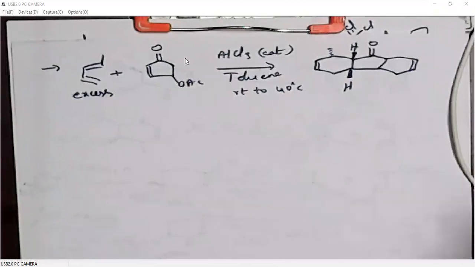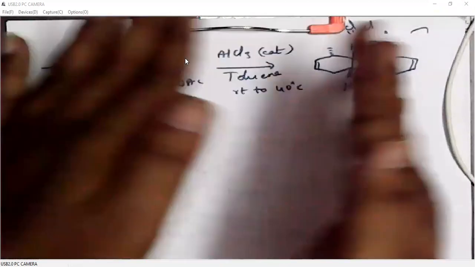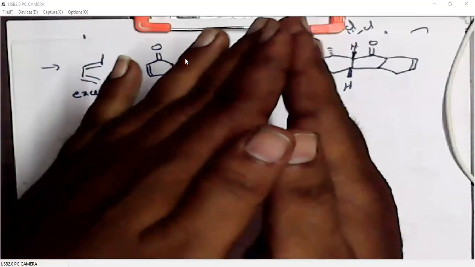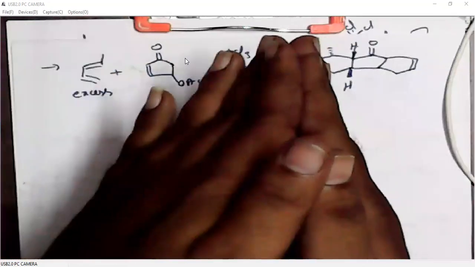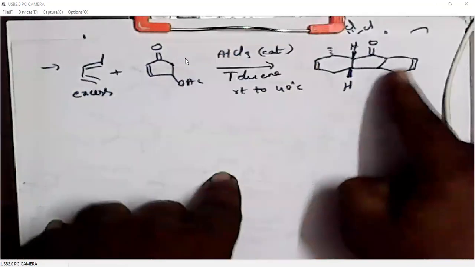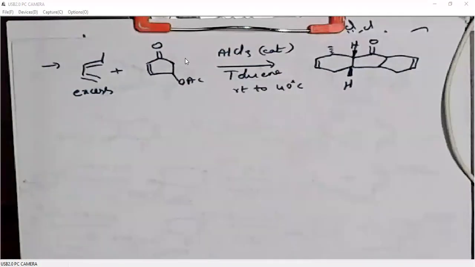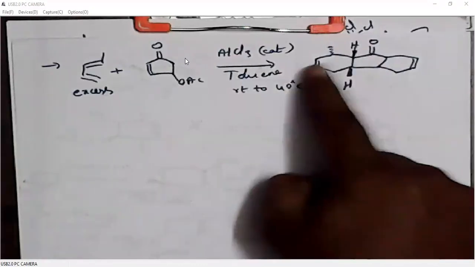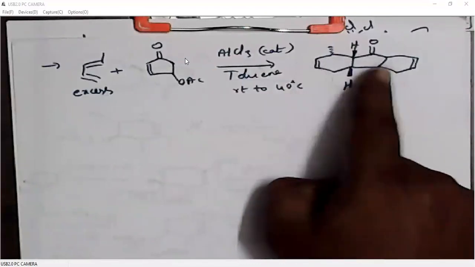You know, these two rings, they are like this. Okay, I am placing it like this. So that means there is steric crowding below the plane because these two ends are closer together. Okay, right? So if the third ring wants to approach these two rings from below the plane, is it possible? No, it's not possible, right? Because these two groups are already closer together, so they will have more steric crowding.